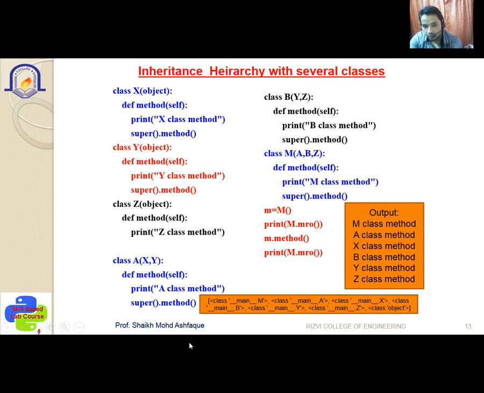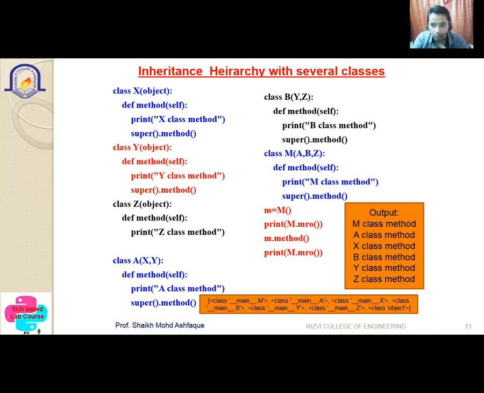But at the same time, you can also implement it with the help of hierarchy programs by using super classes, where we have seen one object class which has to be inherited into the two classes A and B, and then inherited into the C class. Whatever way we have written the program, a similar thing is also available here.